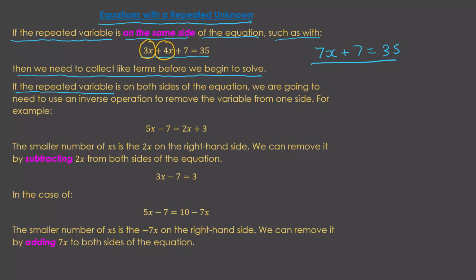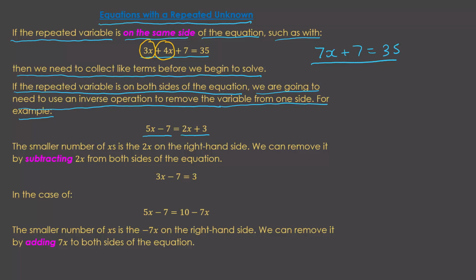If the repeated variable is on both sides of the equation, we are going to need to use an inverse operation to remove the variable from one side. For example, we have 5x minus 7 equals 2x plus 3. Now you don't have to do this the way that I do it, but the way that I do it